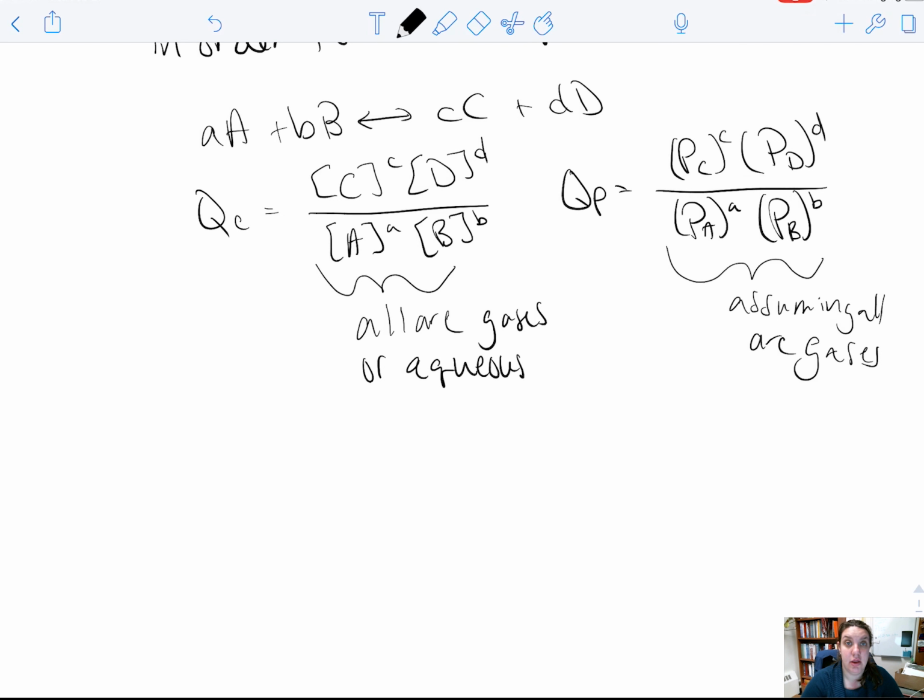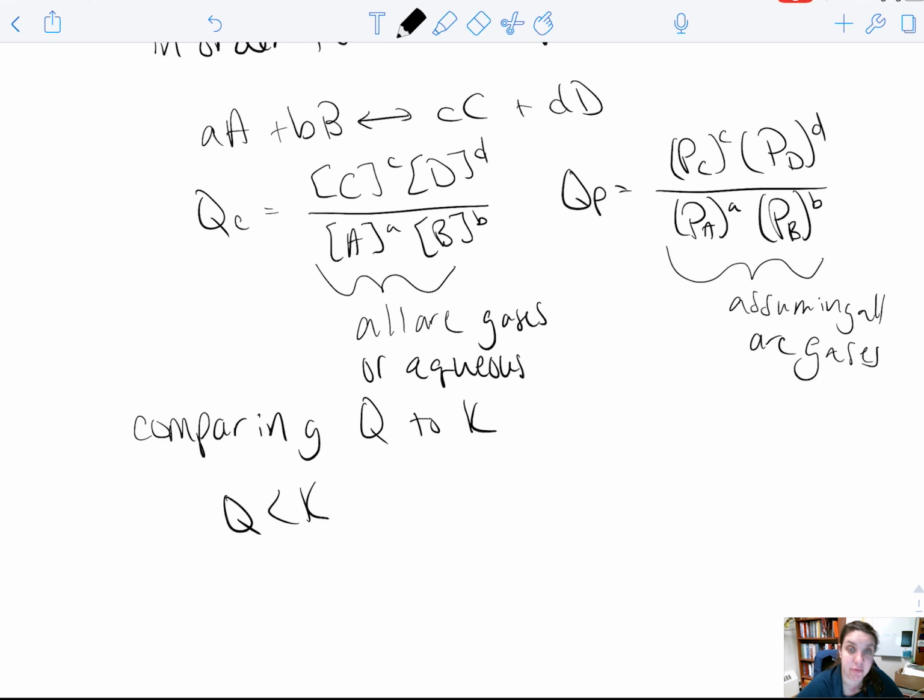So, if we're told a set of non-equilibrium concentrations or partial pressures, we'll put them into our Kc or Kp expression, and then we'll compare to Kc or Kp. So, comparing Q to K, if Q is less than K,